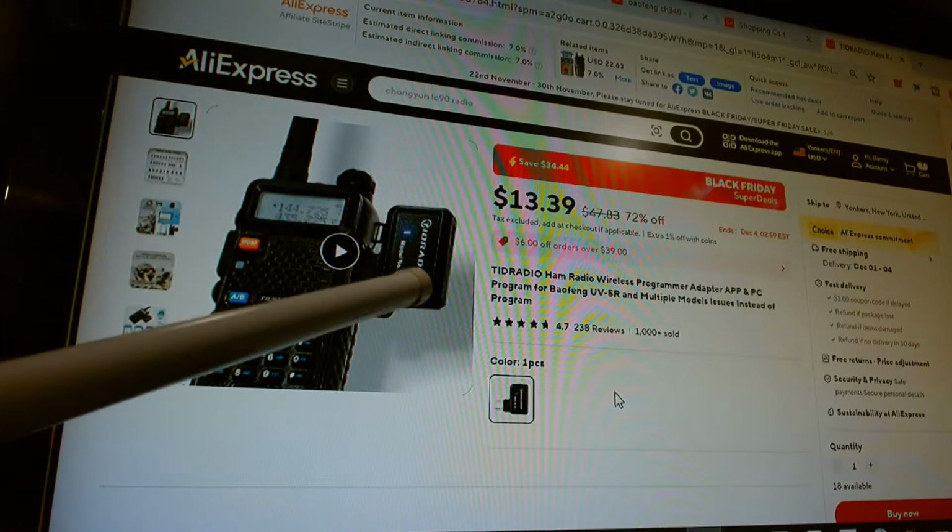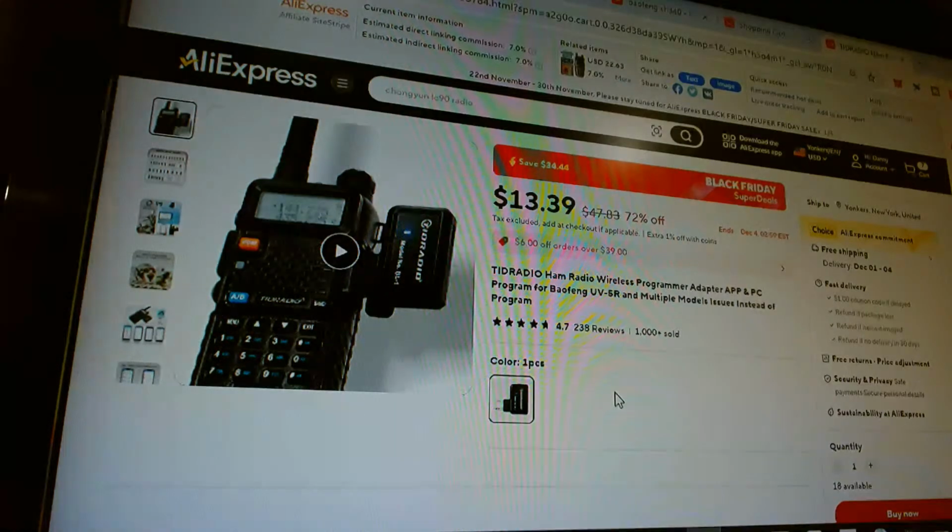If this thing can work on some of them, it makes it so much easier to program. Also, CHIRP is a great software. However, right now for the E100, it's not supporting it, not yet. I think it will in the future because it's the same radio as the Baofeng K6. So the E100 is the same radio as the Baofeng K6.